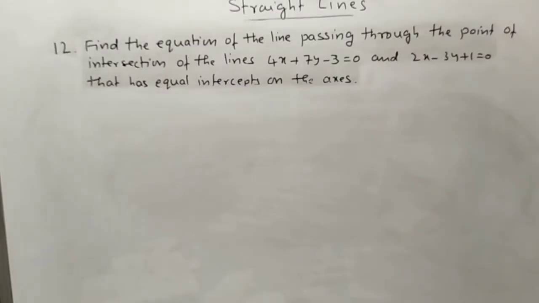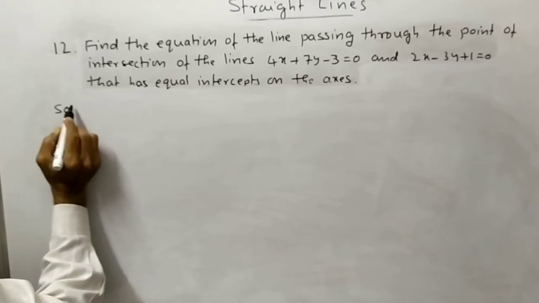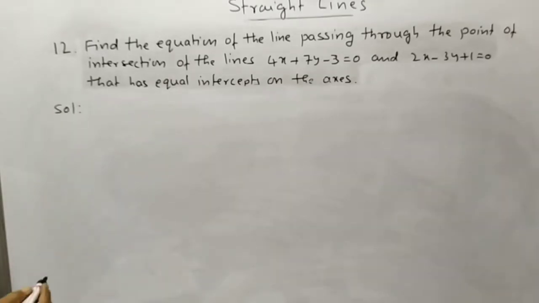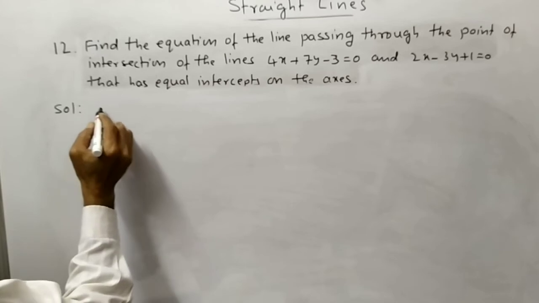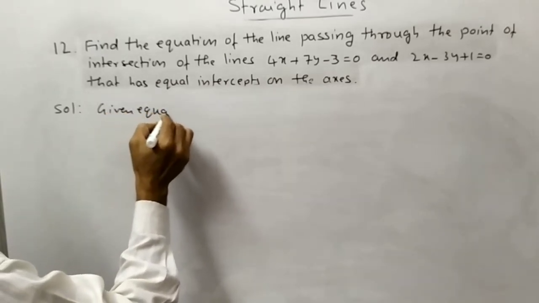Question number 12. Find the equation of the line passing through the point of intersection of the lines 4x plus 7y minus 3 is equal to 0 and 2x minus 3y plus 1 is equal to 0 that has equal intercepts on the axis. Solution. Given equations are